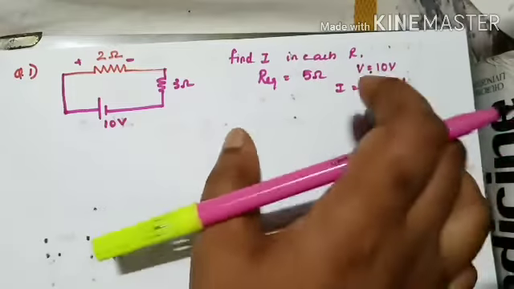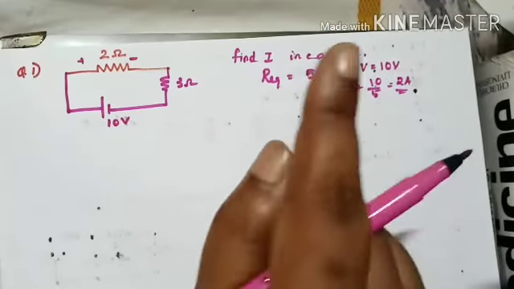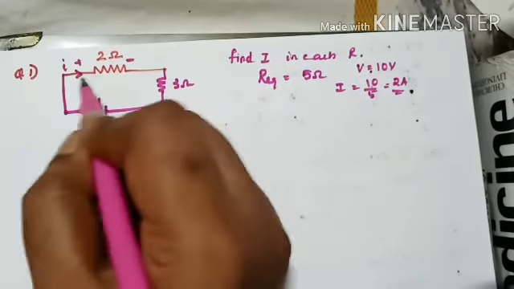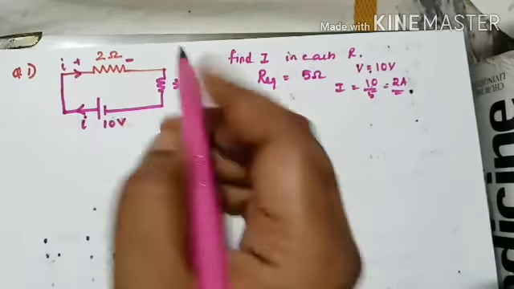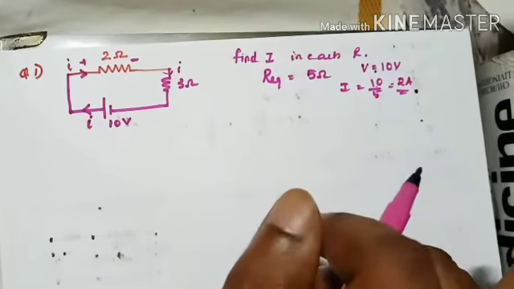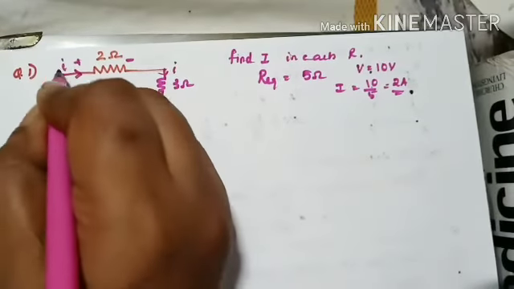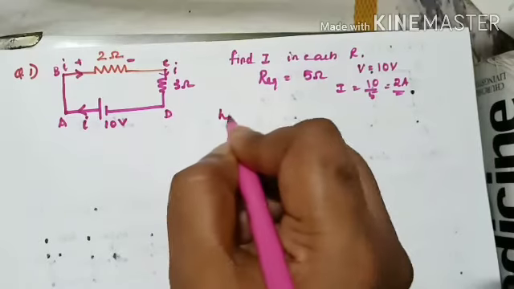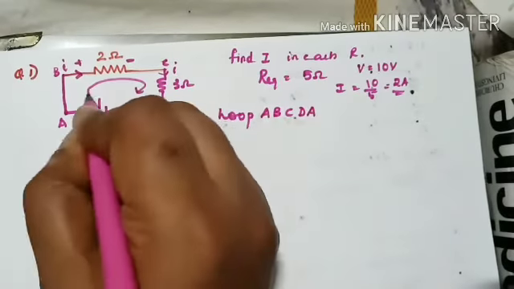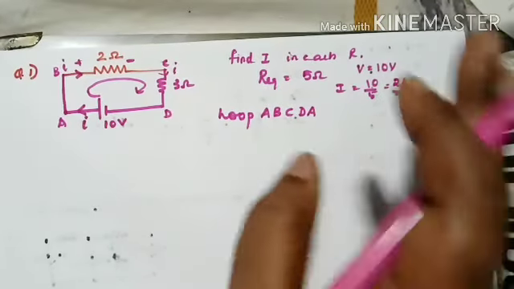Now I'm going to use Kirchhoff's law. First, what was the point to do? You are supposed to mark the current. Suppose this is the current I that is going to flow through this loop, and you are asked to find this current only. So this I will be flowing through the 3 ohm and the 2 ohm. First point is completed. Now what was the second point? You are asked to find a loop. So this is A, this is B, this is C, D. I'm going to consider the loop A, B, C, D, A, so I'm going to move in the clockwise direction. So the second point is also completed.